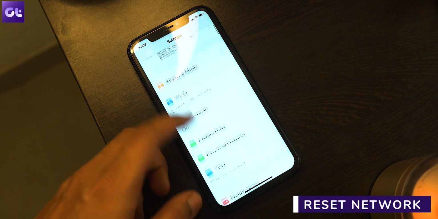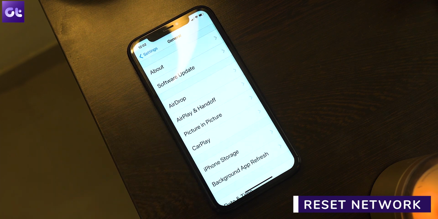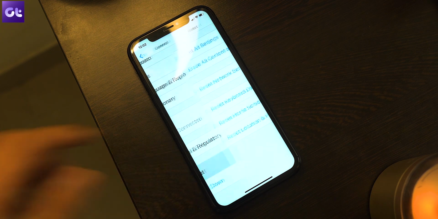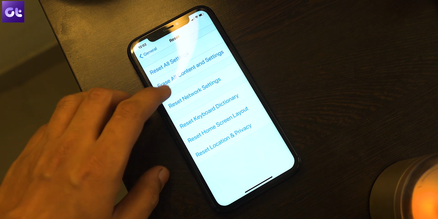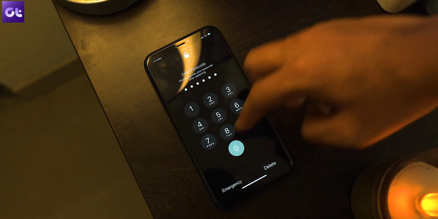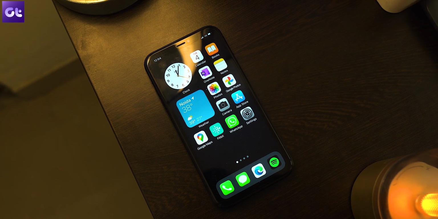Finally, if all else fails, you should try and reset your network settings. Not resetting the device, but resetting just the network settings. I mean, for most cases, that is going to be more than enough. To do that, launch the iPhone settings menu, select General, scroll to the bottom and then select Reset. Now tap on the Reset Network Settings option. Enter your phone's passcode to initiate the network reset. Now, as a token rule, I would advise rebooting your device after this as well. Once done, set up your Wi-Fi and mobile data once again and try sending your picture message.